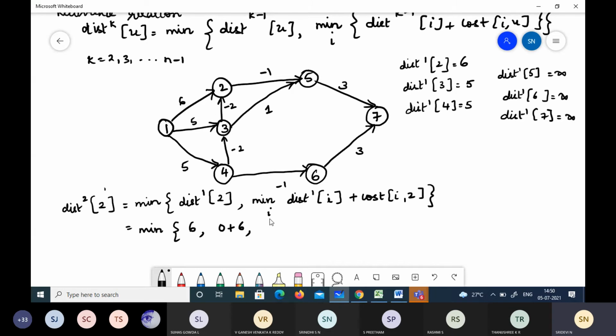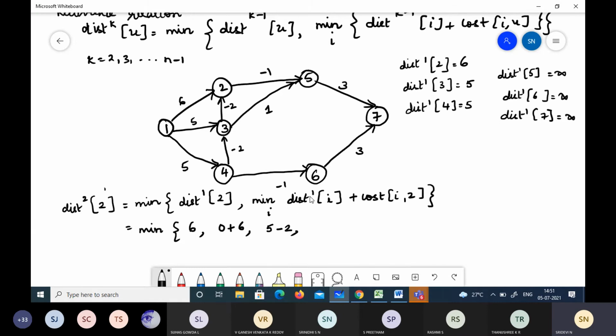So we will choose I as 1, 3, 4, 5, 6, 7, as I is the u here, and 2 is the destination. We have selected 1 to 1, which is 0, plus the cost of 1 to 2, which is 6, as you know. Now 1 to 3, check here, what is the cost? 5. And this is the cost from 3 to 2, isn't it? I is 3 here. Check in the graph, 3 to 2, what is the cost? Minus 2. So this is one value.